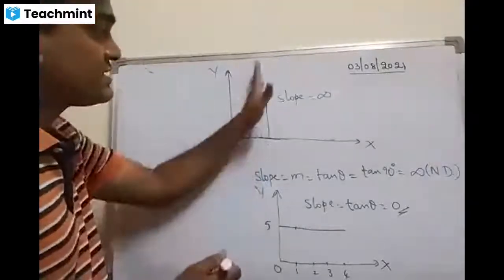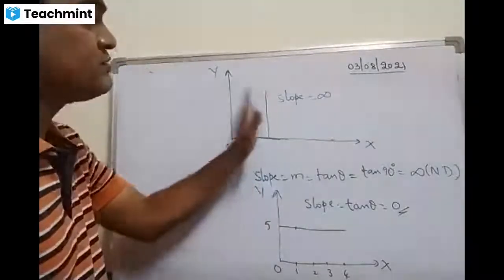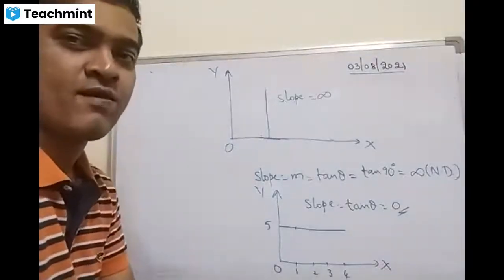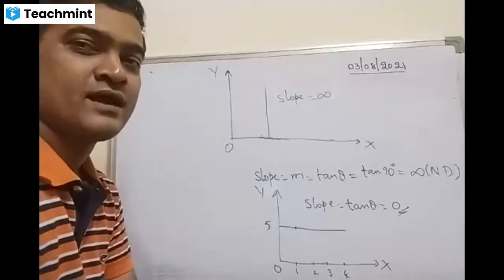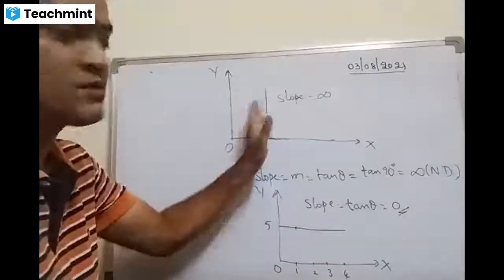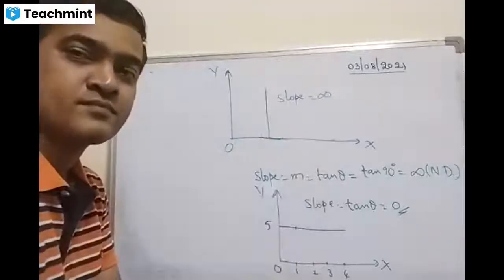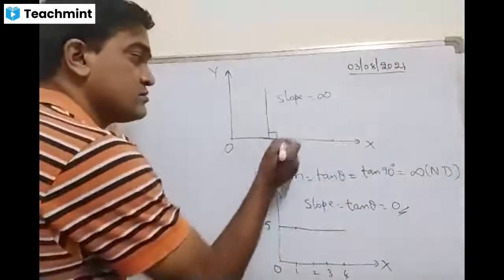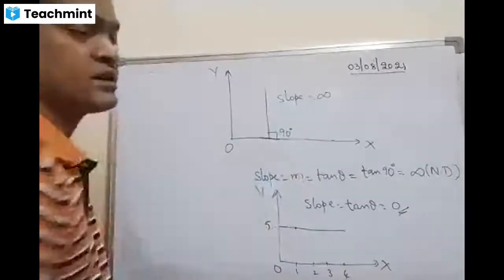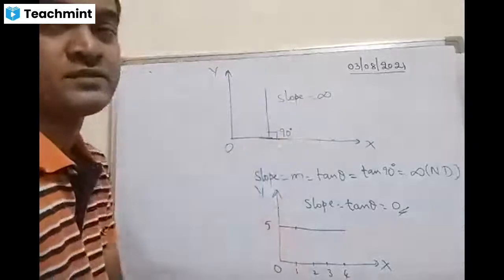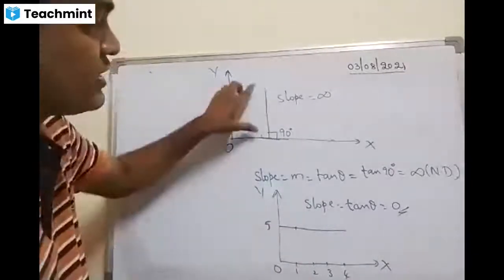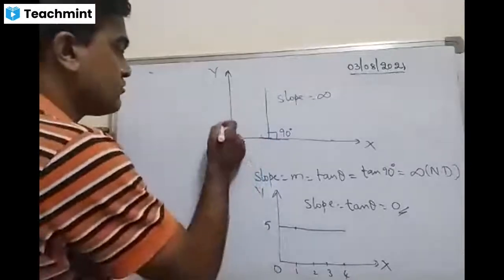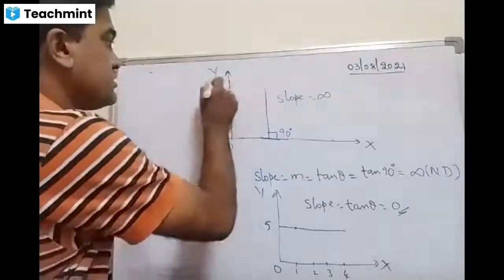And what about the angle in this case? What is the angle between two parallel lines? The angle between two parallel lines is 0 again. But why am I getting slope as infinity? With respect to the x-axis, what is the angle now? 90 degrees. In this case, slope becomes infinity. And what about the values of y? Are they changing? No, sir.